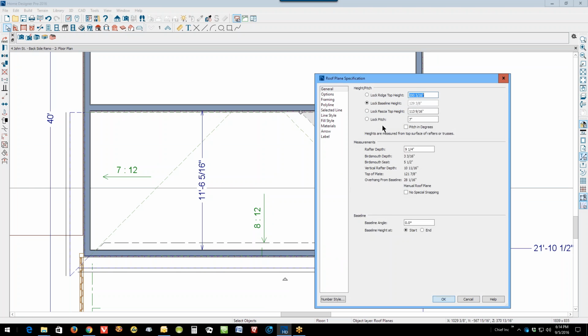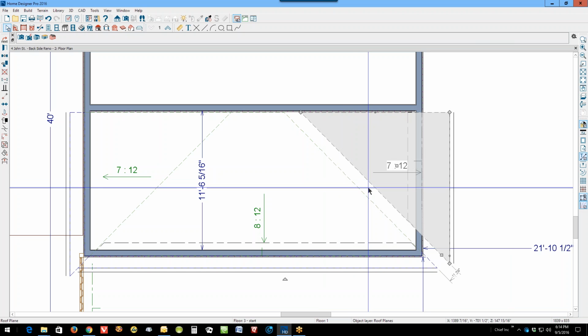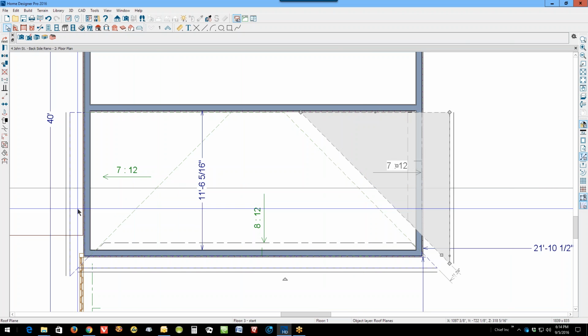The way I'm going to do that is lock the pitch, and then, see, I can't change the value with this radio button here next to this baseline height thing. So that's the reason I did that. So now these two are the same baseline height, but not the same pitch. And this one,